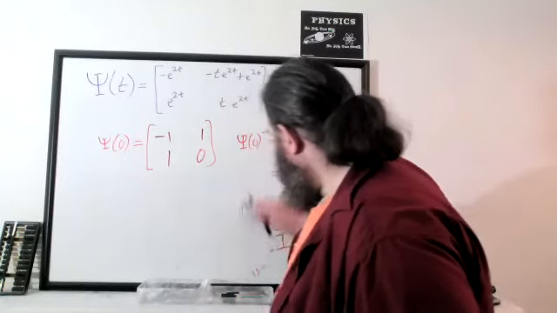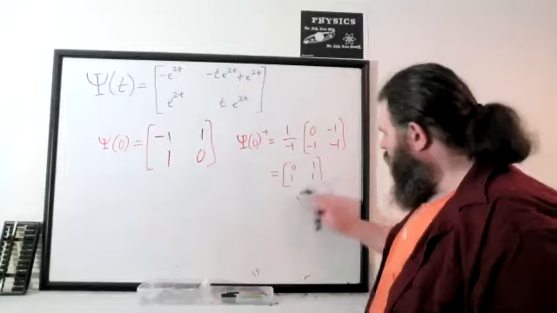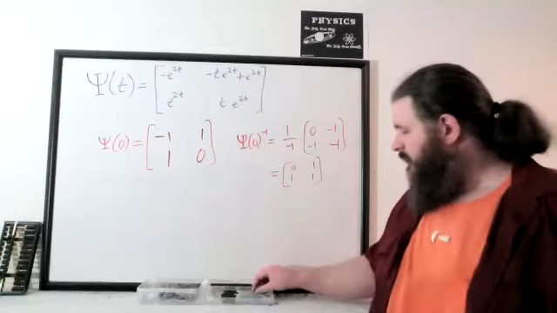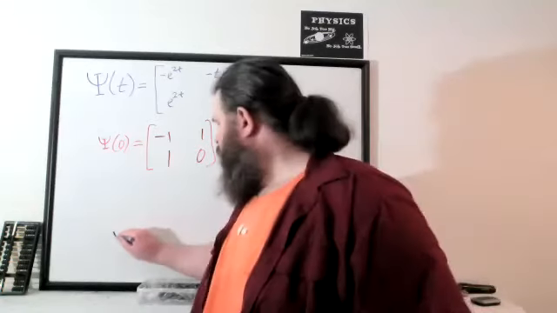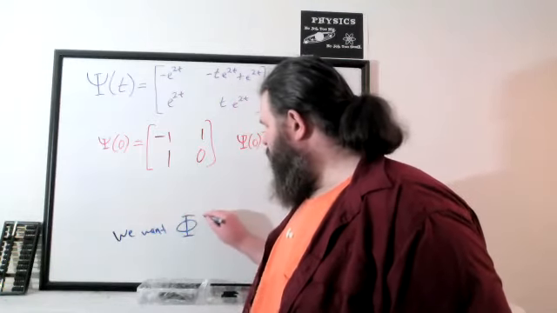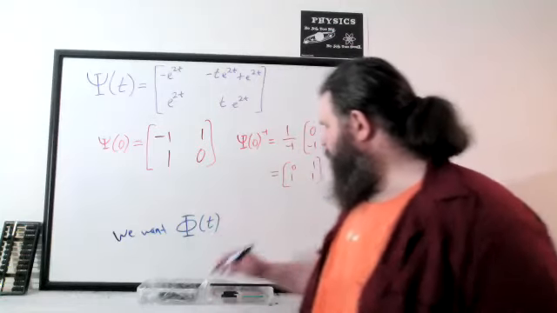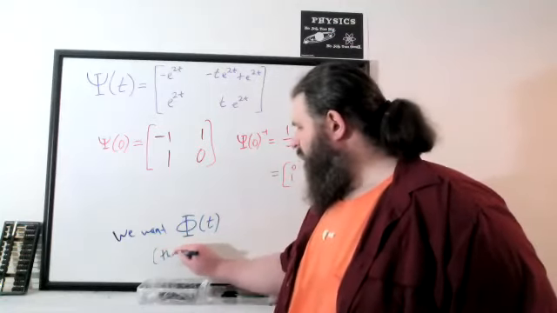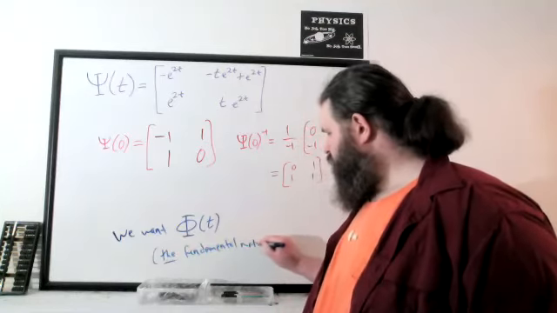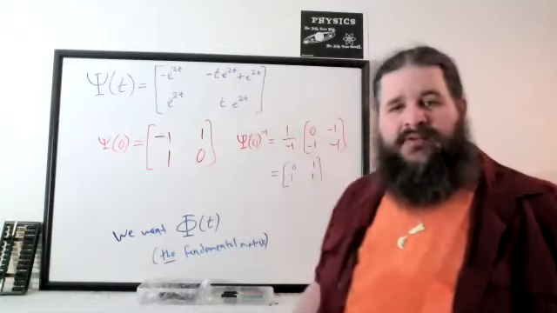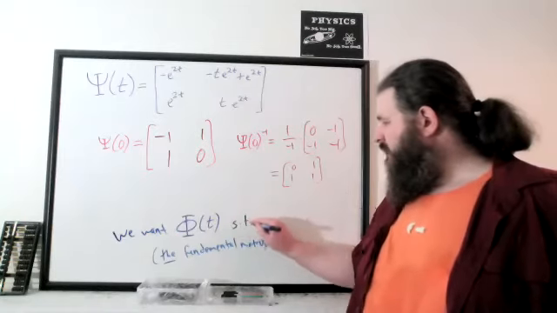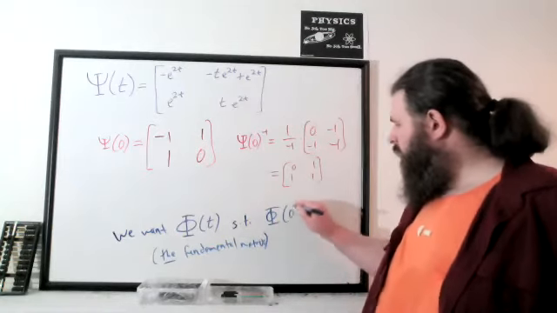And now here's the really clever thing. We want a matrix function that turns into the identity matrix when we plug in 0. We want a matrix function, and I'm going to call this phi of t. This is called the fundamental matrix. Not just a fundamental matrix, because there are many a fundamental matrix. But we want the fundamental matrix such that when you plug in 0, you get the identity